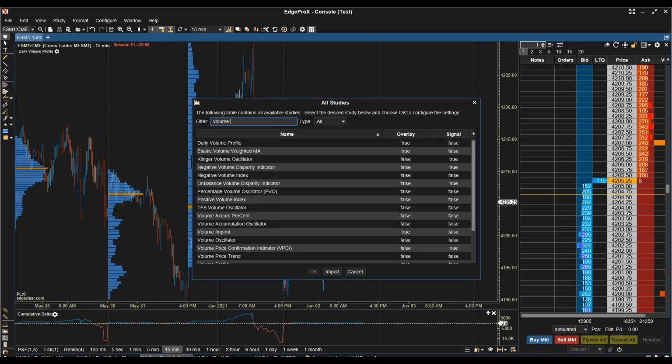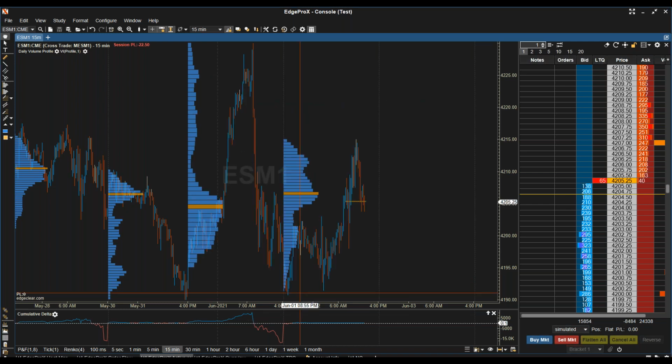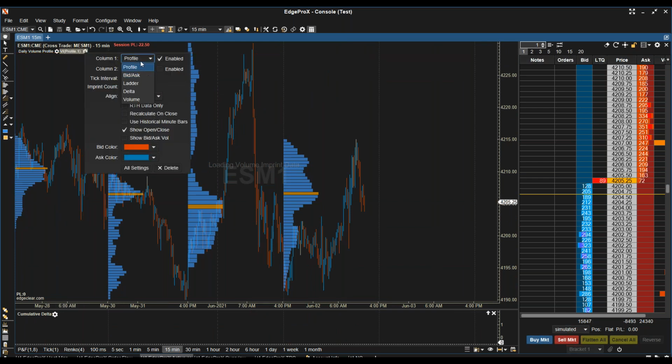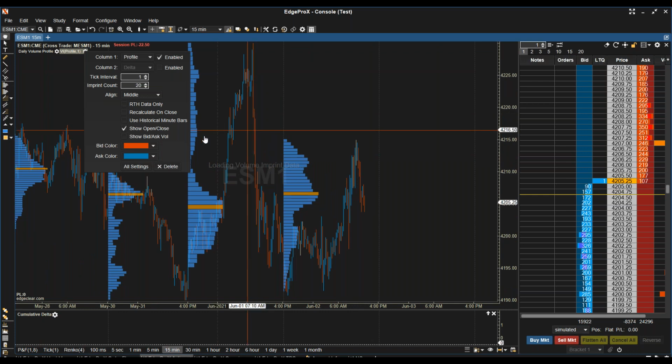So if I add this in, volume imprint, and then go to profile. All right, so now if I go into here, you can see that you have the ability to choose